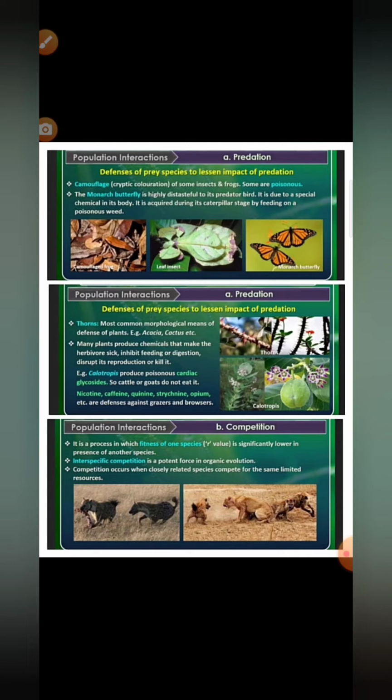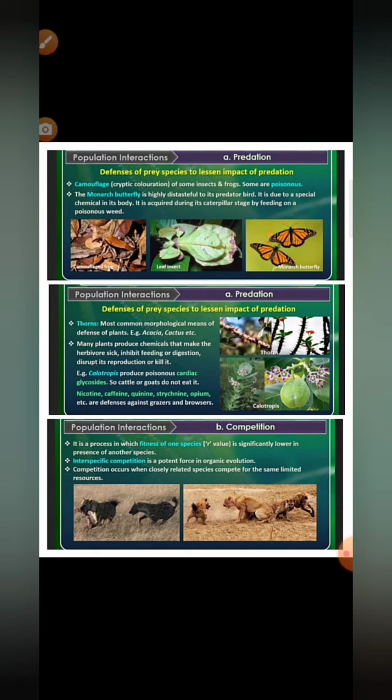And what is the prey defense mechanism? To avoid being detected easily by the predators, some species of insects and frogs are cryptically colored, which is known as camouflage. Like the monarch butterfly, it is highly distasteful to its predators, the birds. Why? Because it has a special chemical present in its body, which is acquired by the butterfly by feeding on a poisonous weed in its caterpillar stage. Okay, so in that way, the monarch butterfly is highly distasteful to the